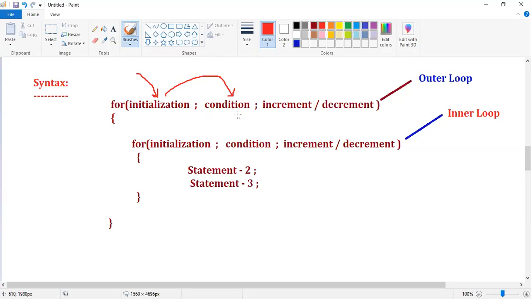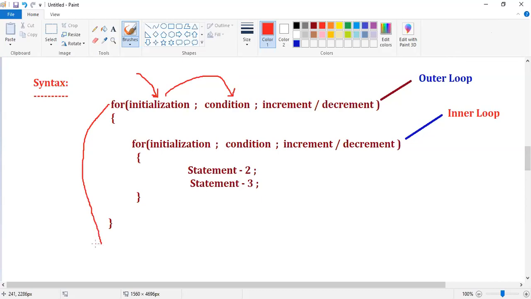Imagine the outer for loop condition is false, is the inner for loop executed? If the condition is false, control directly comes outside of the loop, guys.